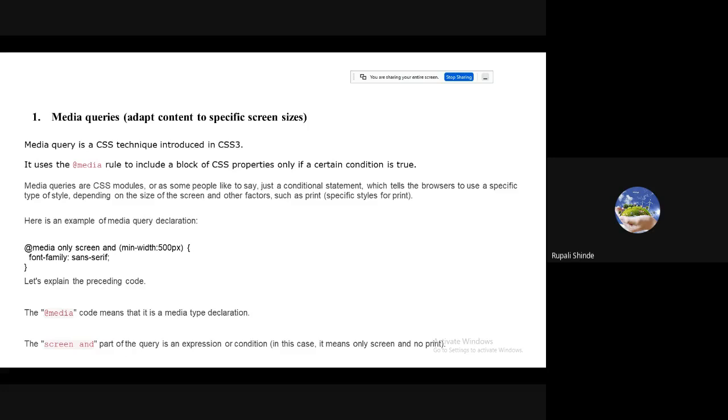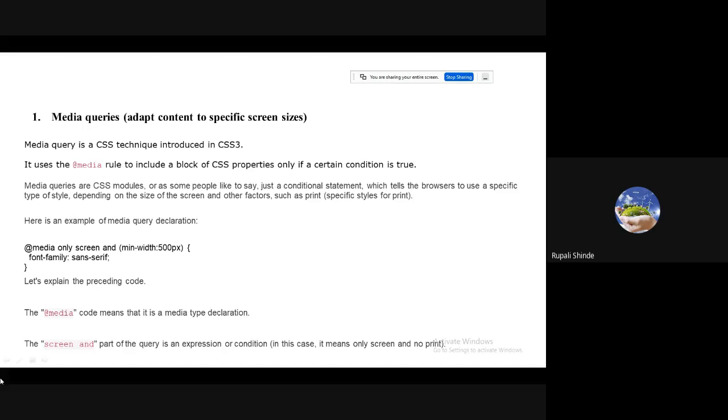Okay, media query is a CSS technique introduced in CSS3. As I have told you, RWD development is again the combination of HTML and CSS. It uses the @media rule to include a block of CSS properties only if a certain condition is true.